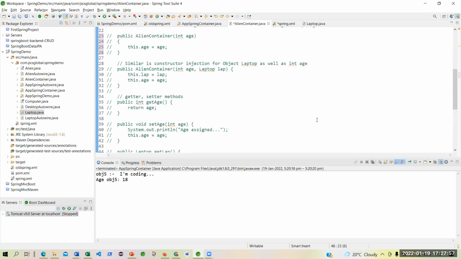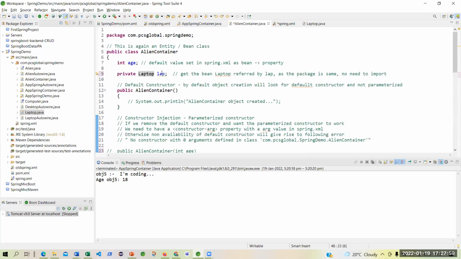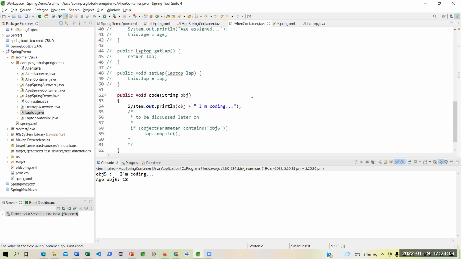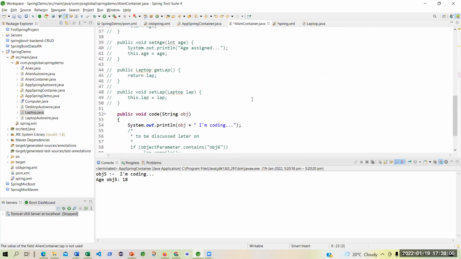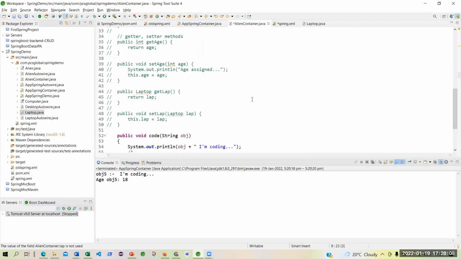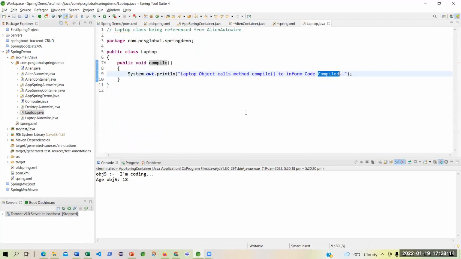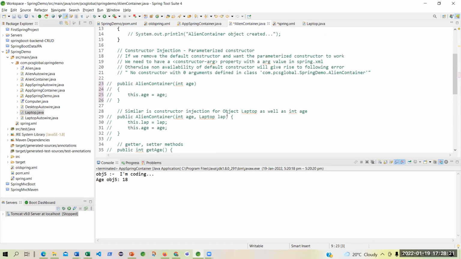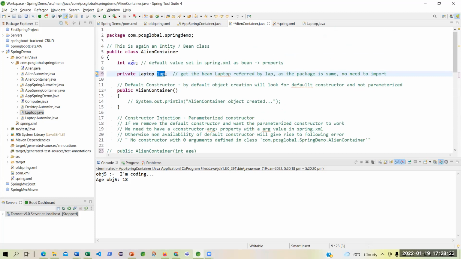Can you see that this lab, though it's an object, can also have a getter and setter? But getter and setter we usually do for what? Properties, for any fields. Like if there is a property called age, then we say setAge, getAge.